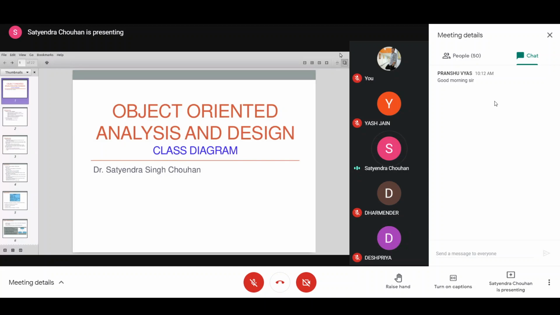So now this is one of the basic parts of object-oriented design, that is class diagram. Irrespective of the language that you are using, it is applicable to all the programming concepts.